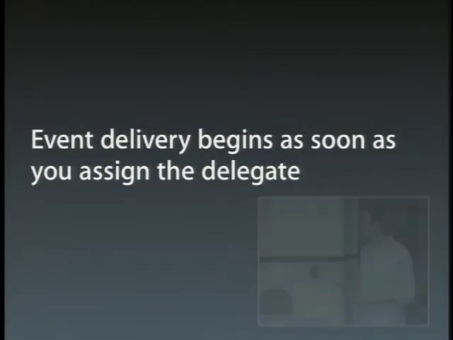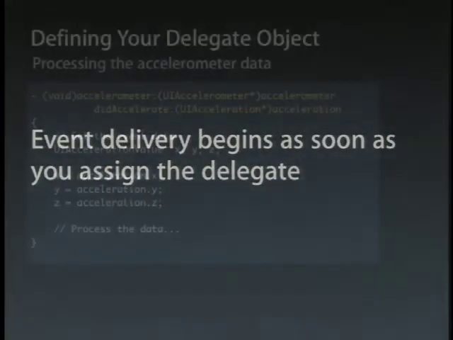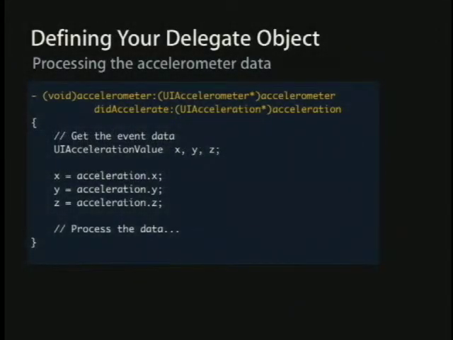All right, so event delivery begins as soon as you assign the delegate. So, defining your delegate object, you've got your accelerometer:didAccelerate: method that you'll implement on the delegate. And that's going to give you back this UIAcceleration every time, at whatever frequency you've asked for the updates. And from that, you can get the acceleration's X, Y, and Z values, which are just floating point values